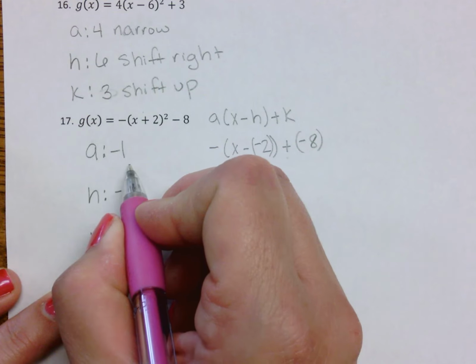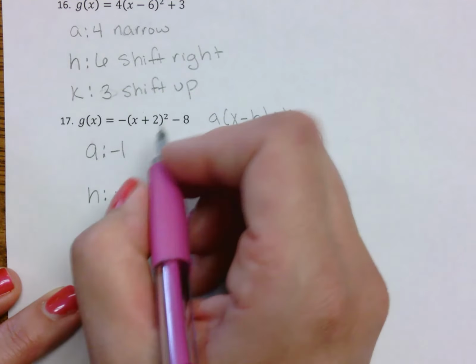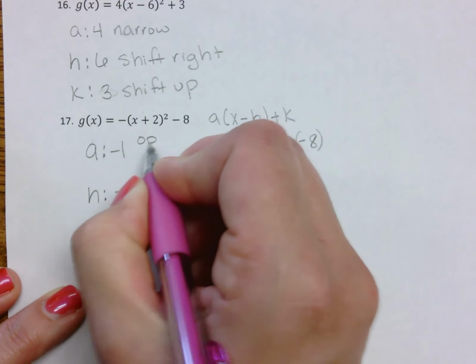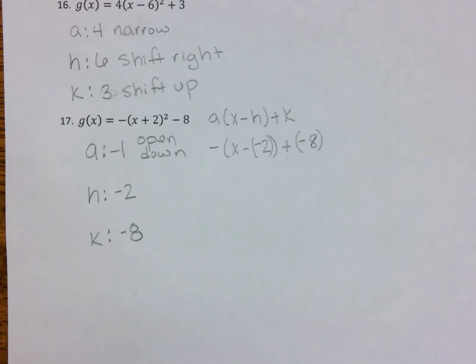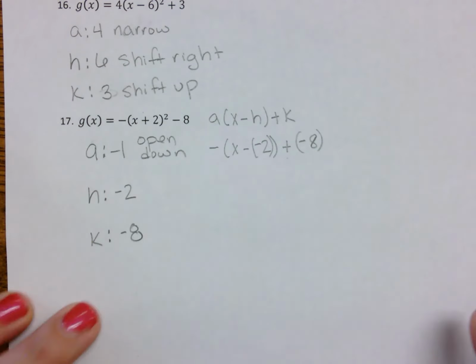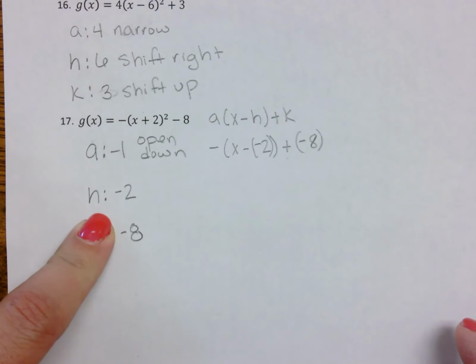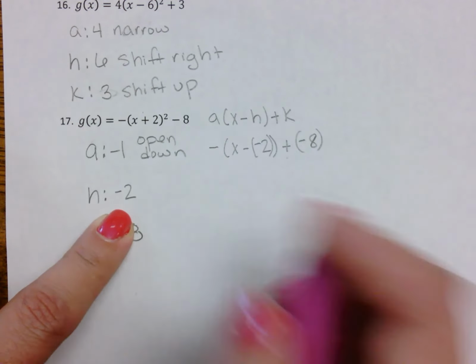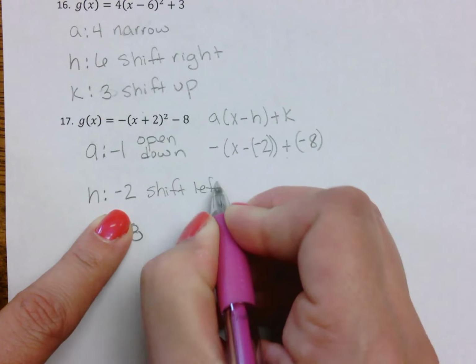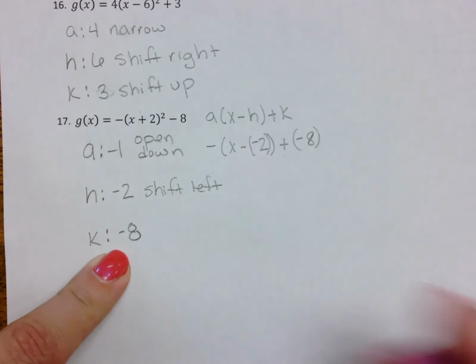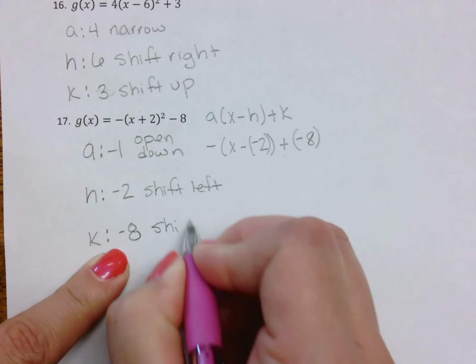Well, if a becomes a negative number, that means my graph is now going to open down. It's going to change directions. But it's not going to get any more narrow or any wider than it was originally because the parent function was also a 1x. From its original location in the parent function, now because I have a negative h, it's going to shift to the left. So the whole graph would move left 2 spaces. And then the graph is going to shift downward, so it's going to move down